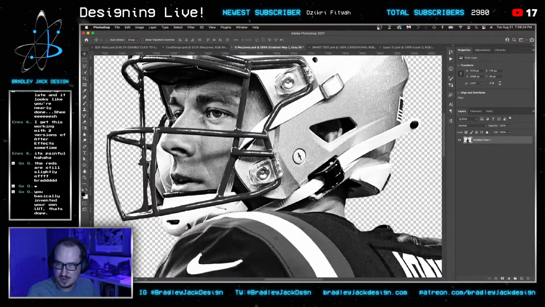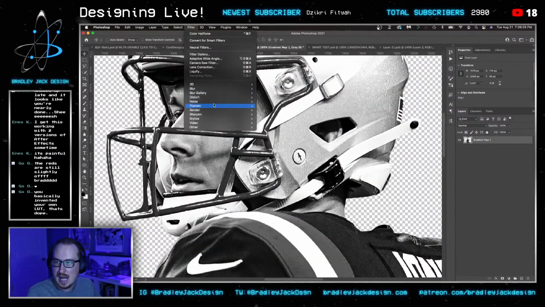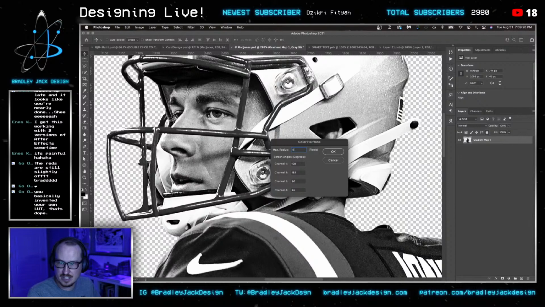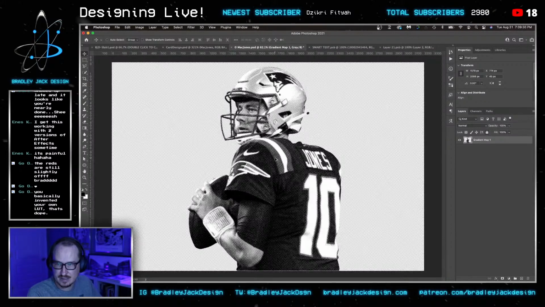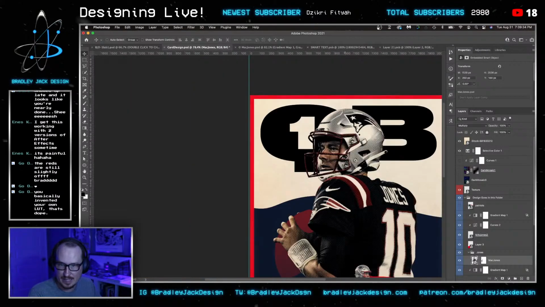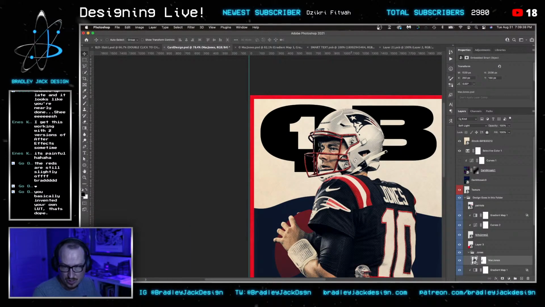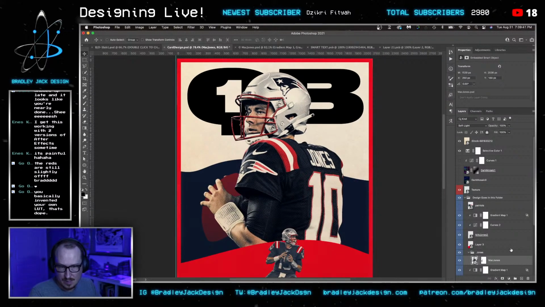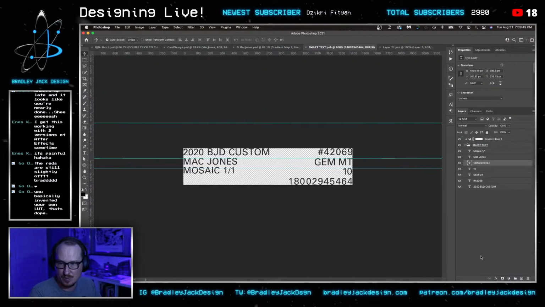That is what I want, except those are huge. So I'm gonna go to filter, pixelate, color halftone, set it to 4, which is the max radius, and then we're good. So I can hit save, go back here, and now we have some color halftones. I could probably set these to soft light, and it looks a little bit better. I really want to set it to overlay, but it's brightening everything up, which sucks. So instead, what we're going to do